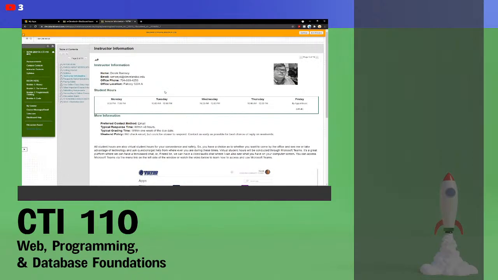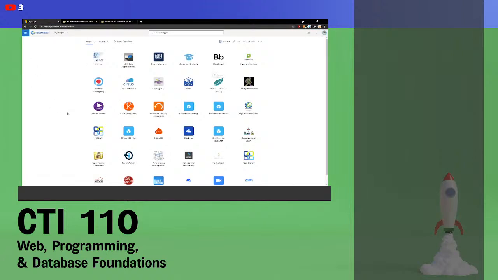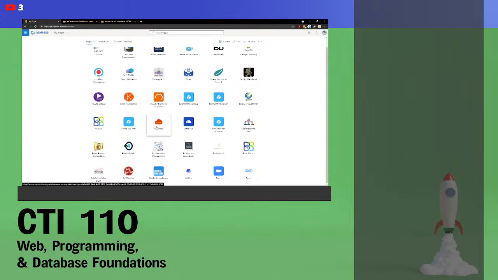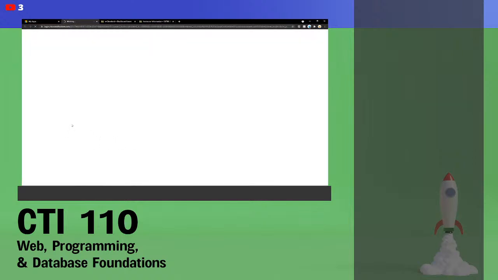I think this might just be a good time to take a little aside here, since we are talking about Office 365. On your portal page, which is the page that looks something like this, I have a lot more icons than you do because I'm a faculty member, so I have a lot more things that I'm responsible for. But after you first log in to the Cleveland Community College website, you get taken to a page that looks similar to this. Some of the icons that you'll have are the Blackboard icon, the email icon, but you'll also have this Office 365 icon. And if you go and click on that,